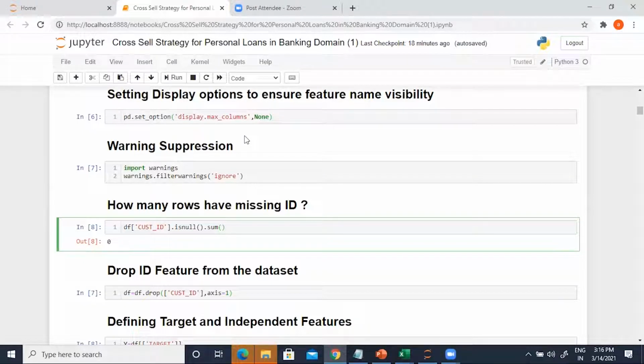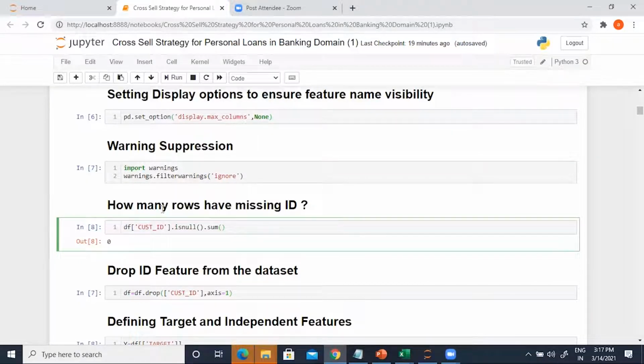If a customer ID is missing, how will the user of the model link a certain probability? If you feed an independent feature vector into the model, it will give you a probability, but if you do not have an ID, then you cannot link it back.